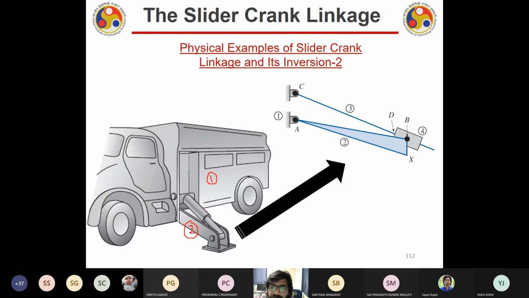And of course, this particular link will move up and down in this. There is a piston over here, right? And this can move inside this, right? Like this. So I can call it number 3. And this particular one is nothing but number 4. Correct. Now this whole thing can go like this and close the door. So how many links are there? 1, 2, 3, and 4, and it is a 4-bar linkage. So definitely the degree of freedom will be 1.